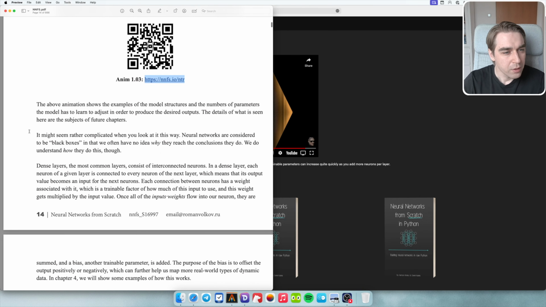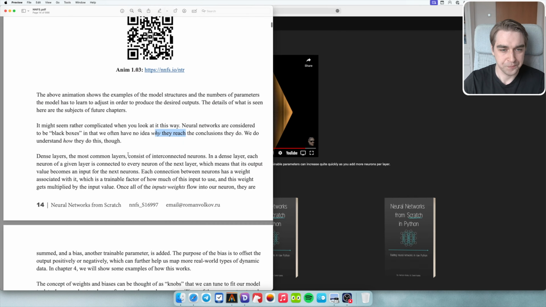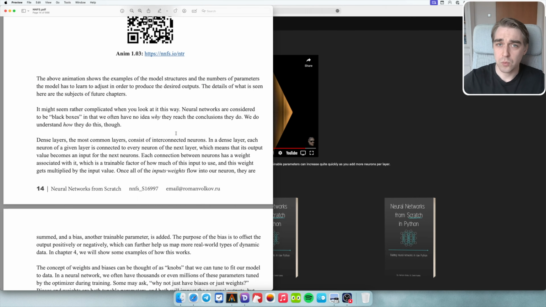Let's go. It might seem rather complicated when you look at it this way. Neural networks are considered to be black boxes, in that we often have no idea why they reach the conclusion they do. We do understand how they do this. And this is what happens during the model training, because first you actually need to create the architecture